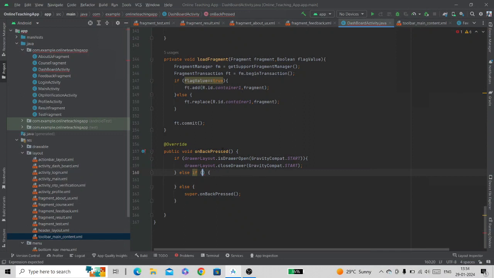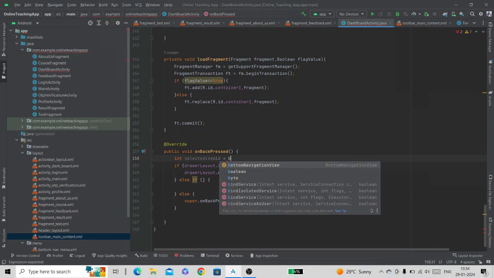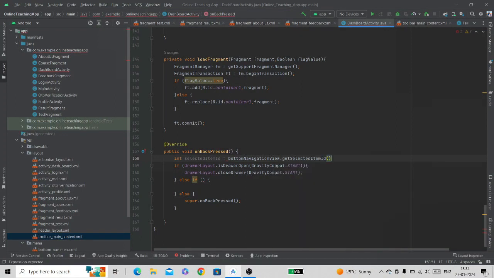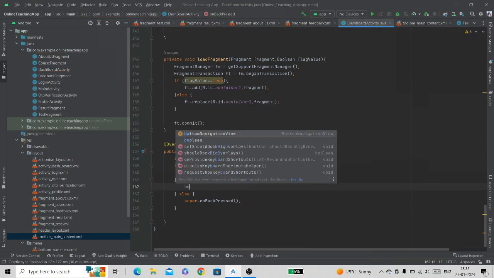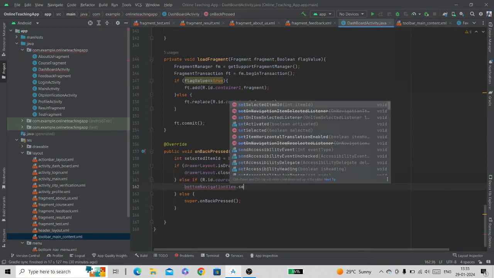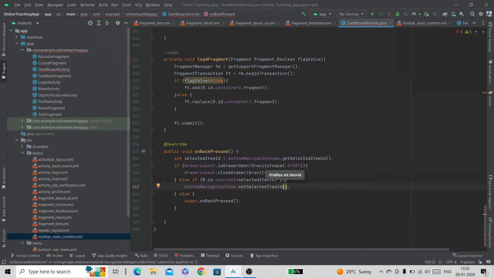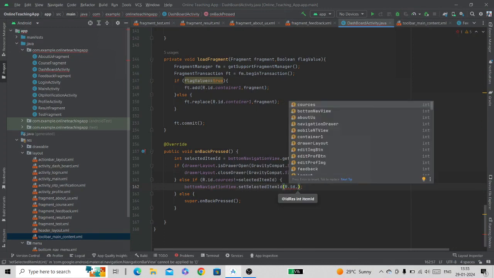For that we will first get the selected item ID, int selectedItemId equal to bottomNavigationView.getSelectedItemId, and we will pass this condition here. If R.id.course is not equal to selectedItemId, then we will use bottomNavigationView.setSelectedItemId, and we will pass the ID R.id.course.